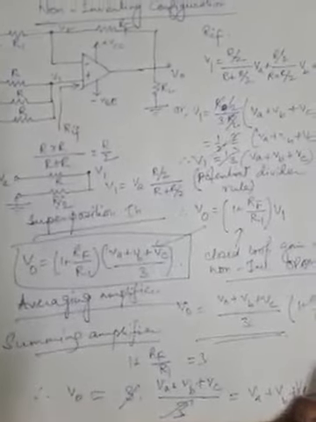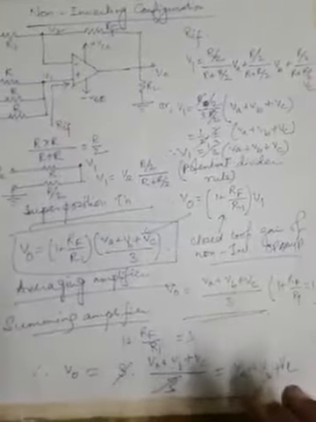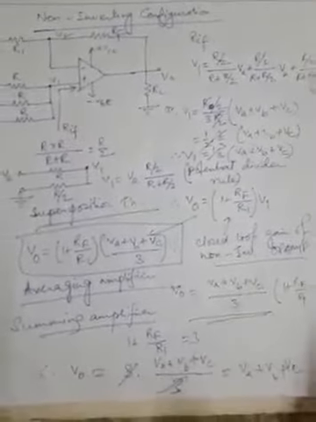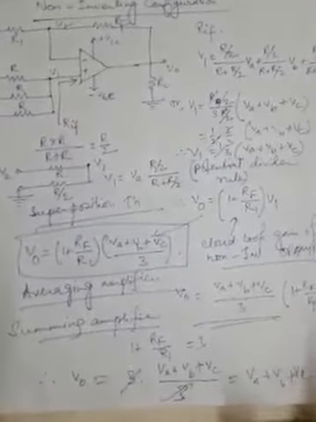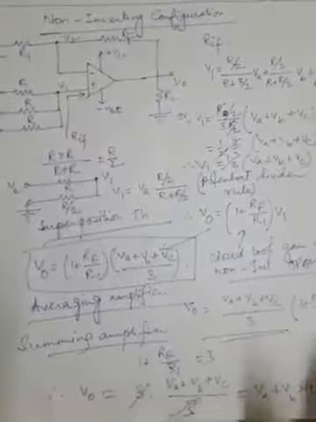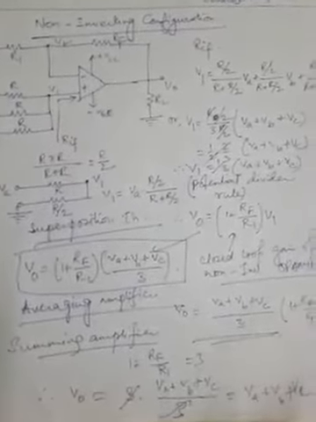This circuit works as a non-inverting summing amplifier when its gain is 3. When this circuit is used as either an averaging or summing amplifier, offset null circuitry, or the offset null compensating network, must be used to improve its accuracy, likewise as we have seen in the case of inverting mode of operation. So that's all for the non-inverting configuration, working as an averaging and summing amplifier.